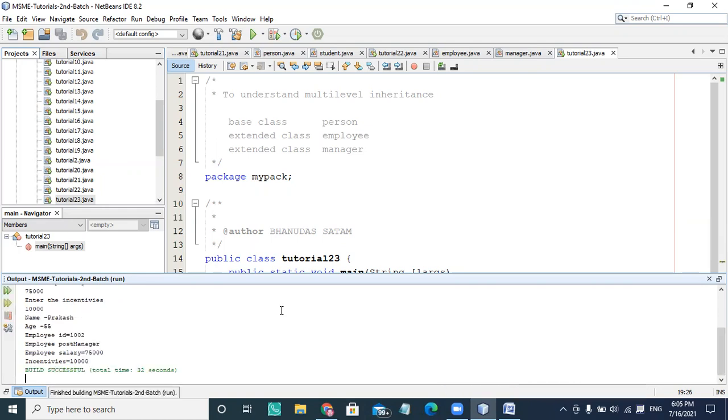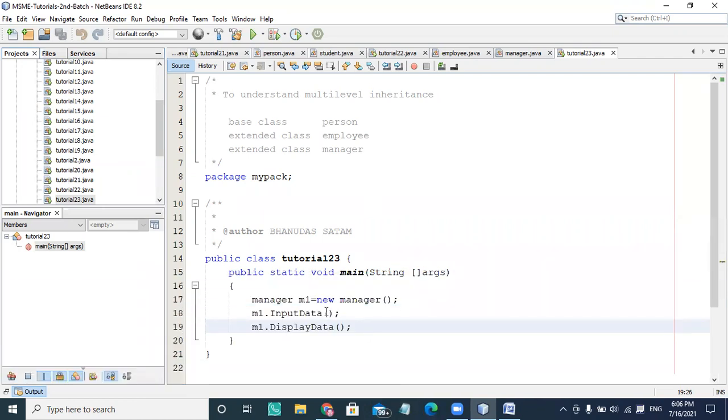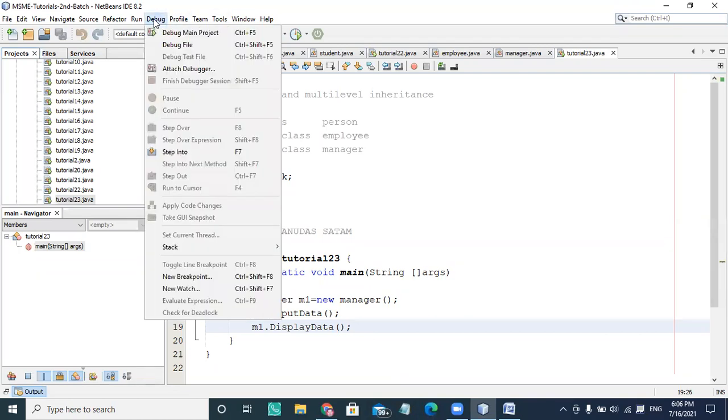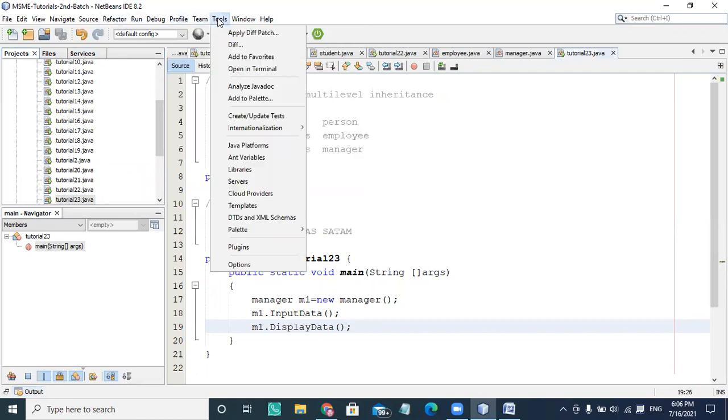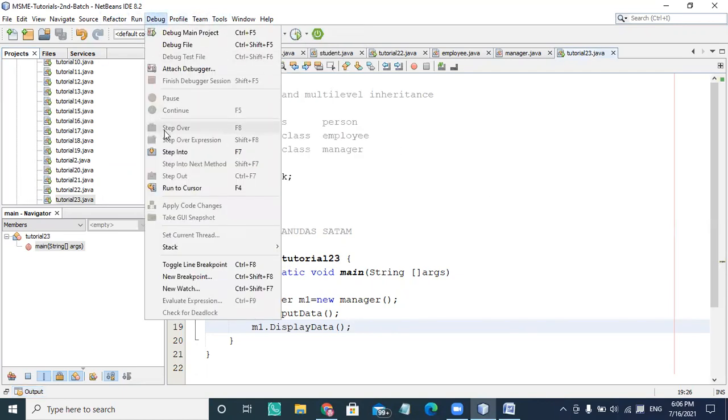Okay, and these are displayed: the name Prakash, age, post, employee post manager, employee salary, everything, all the data are getting called here. If you want to see, I will show you quickly, because this single inheritance gives you a clear picture.